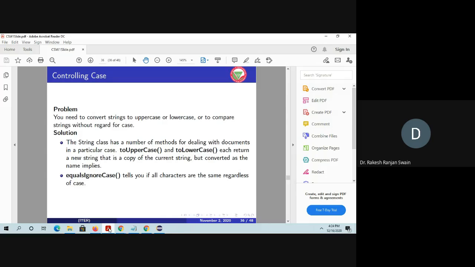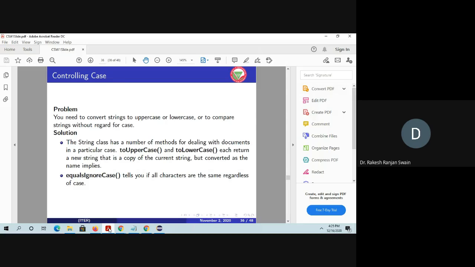Next is controlling case. Here you need to convert a string to uppercase, lowercase, or compare strings with regard for case. You have to perform the operation on the string using uppercase, lowercase, or compare the string without regard for the case.